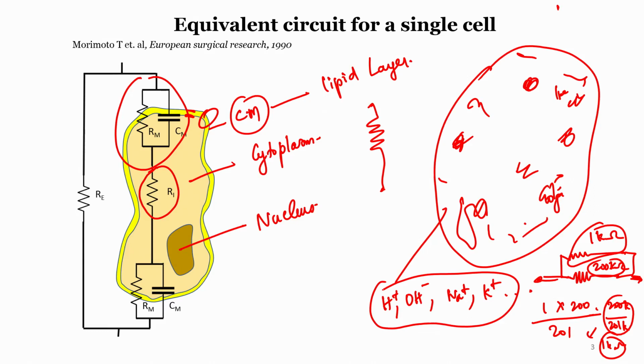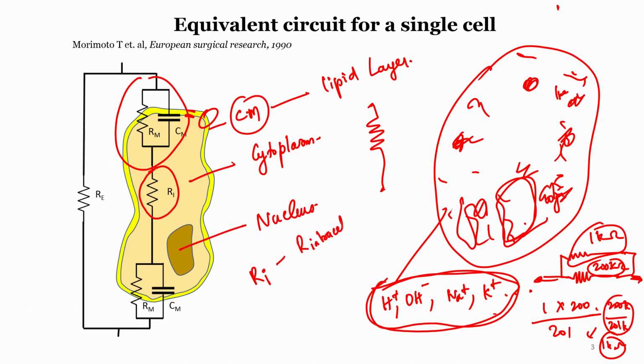So what that means is that the effective electrical nature of the cytoplasm is dictated by the heavily conducting ions inside the cytoplasm. That is why, no matter what all things are there inside, including the nucleus, it is not going to affect the effective electrical property of the cytoplasm, because it is overpowered, or what you call majorly dominated, by the highly conducting ions in the cytoplasm. That is why it is modeled as a resistor. This Ri means ionic resistance, or intracellular resistance, you can call it in different ways. So this is R intracellular, inside the cell.